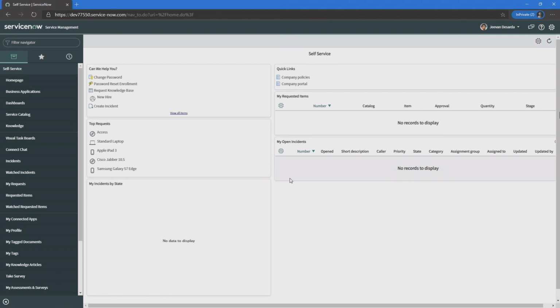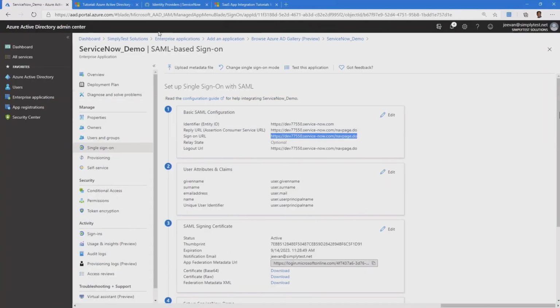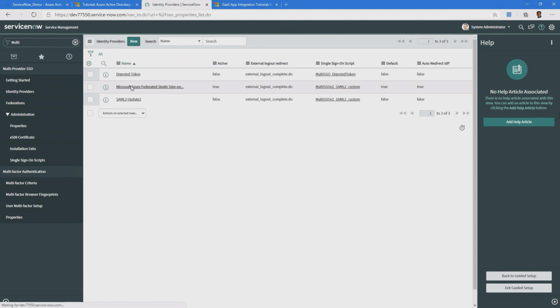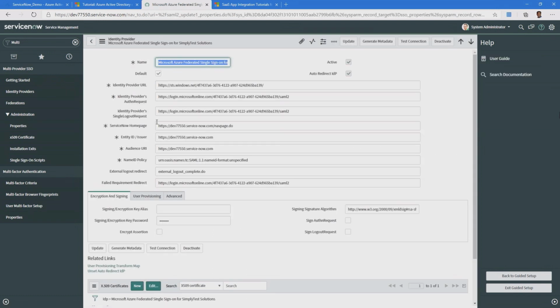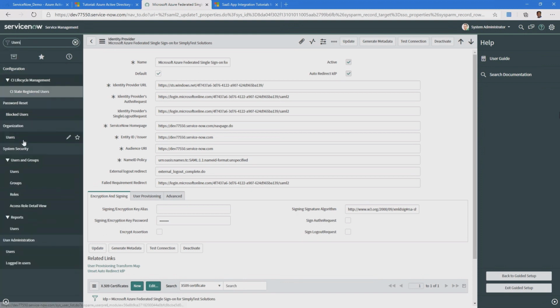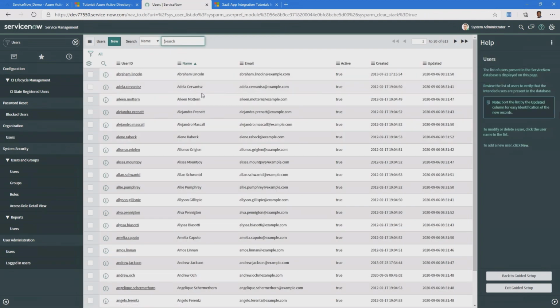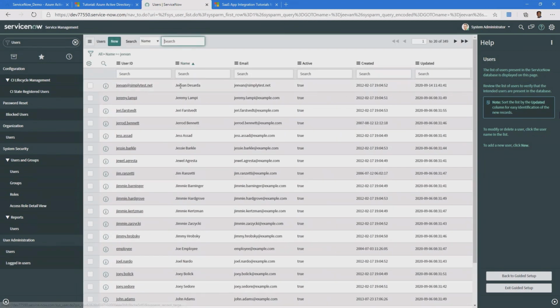There are a couple of more things which I would like to call out over here, that is how we do the user mapping. That's where I have seen a lot of customers struggle. So let's go to Azure Active Directory here, and now I'm in the ServiceNow instance. In ServiceNow, there is an option for users. When you go into organization users, you can find there are different users. I'm going to search for my own user over here, and you can see my user.